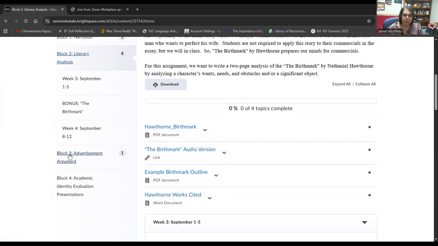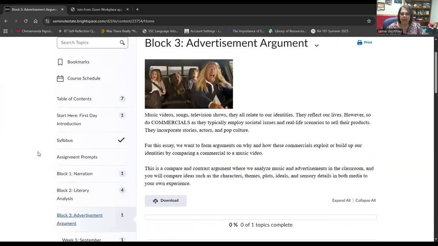And then we go into block 3, which is the advertisement argument. That's kind of a crazy essay, but a lot of students have fun writing it. It seems hard at first, and they realize that it's not difficult at all. Really, it's where we take two forms of entertainment and compare and contrast them, right? To talk about how they're similar and how they're different. It's a compare and contrast argument, meaning we are arguing how a commercial uses my stories to sell their